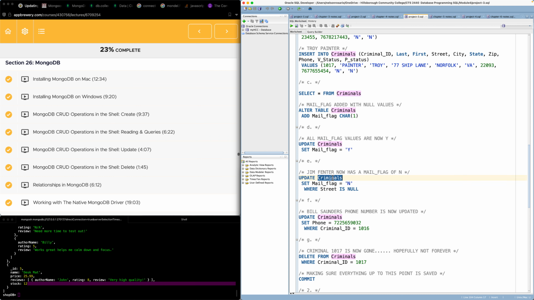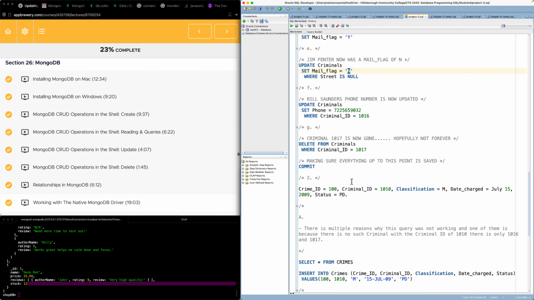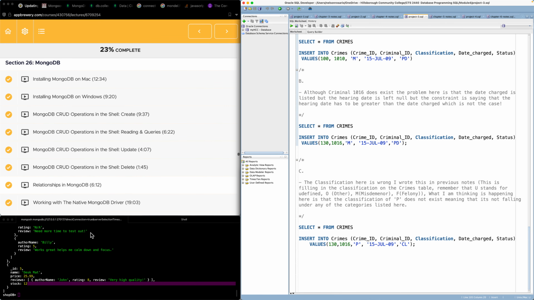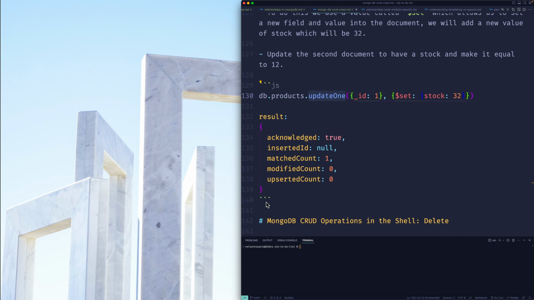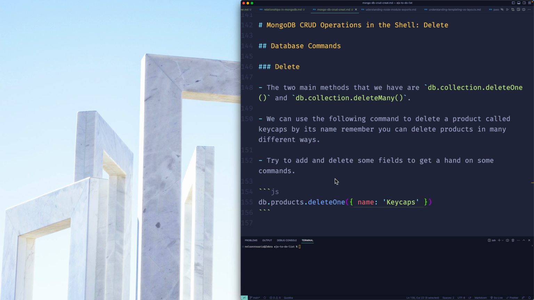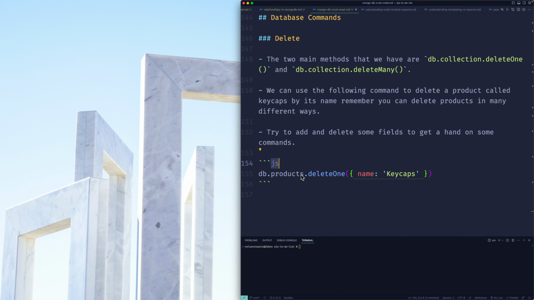So we're updating a criminals table and we're setting the male flag to N. I'm not going to explain it because I'd have to then explain how the database works. Okay, moving on. And then to delete, we can go ahead and delete a product by saying database products